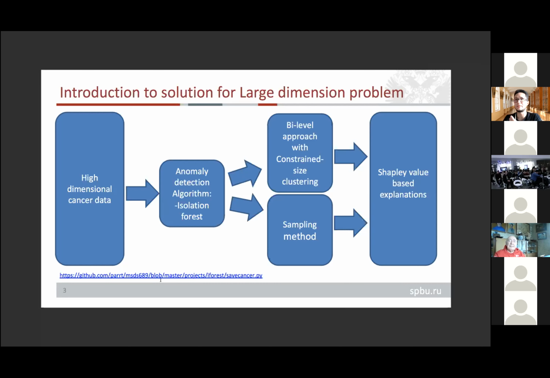But the problem in this kind of system is that even if we receive this result, which is called the prediction, we should understand why we receive this prediction. The doctor should look and understand which feature gives us this prediction, and why exactly the system thinks that the patient has cancer. The problem is that the data is of a big dimension. 30 is already a big dimension for us. 100, maybe in 1 month we'll present the results for 100. Again, it's a problem of dimension. So in this presentation, we'll try to solve this.